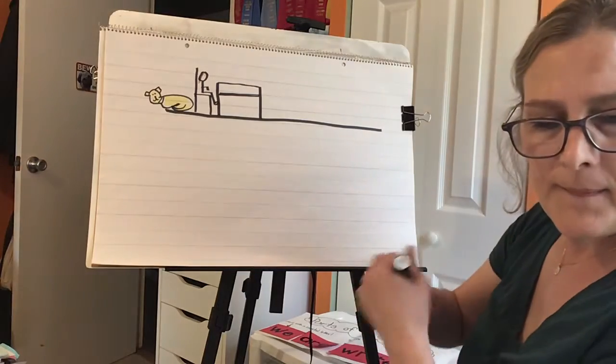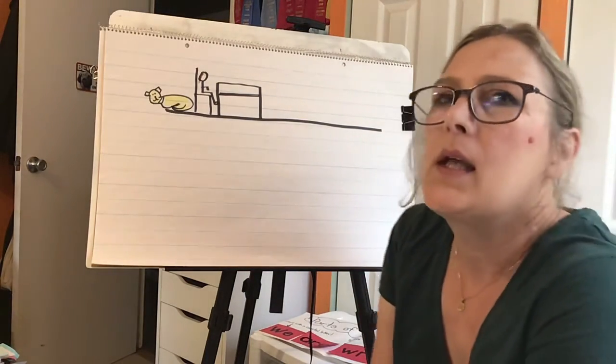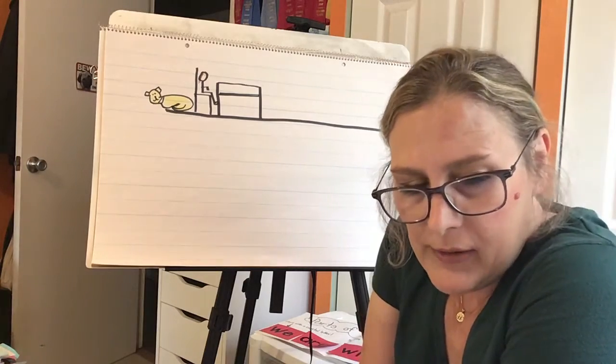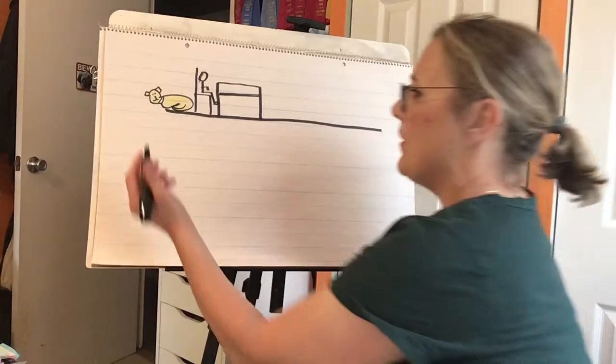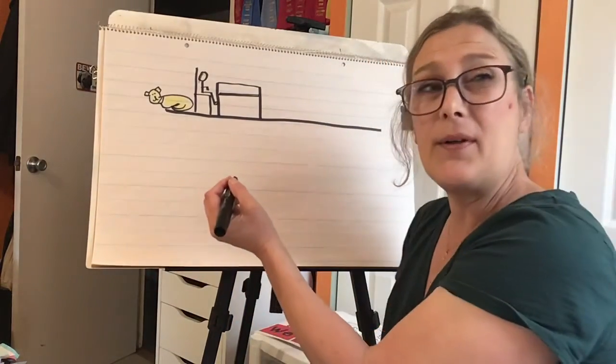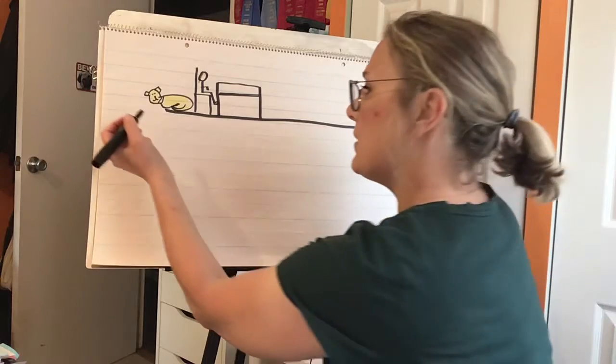Start writing. I need to plan what I want to say. Let's see. Scout likes to follow me around the house. I think that's a good way to start. So I'm going to start, and I remembered that that chart said parts of a sentence start with a capital letter. So I'm going to write